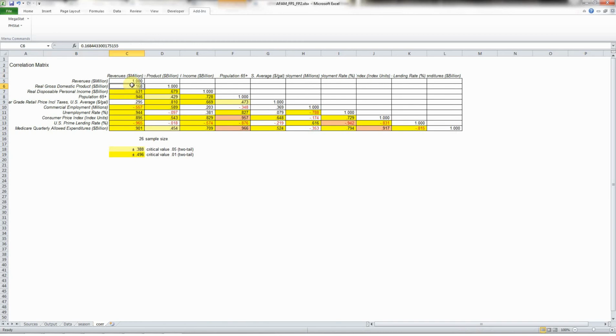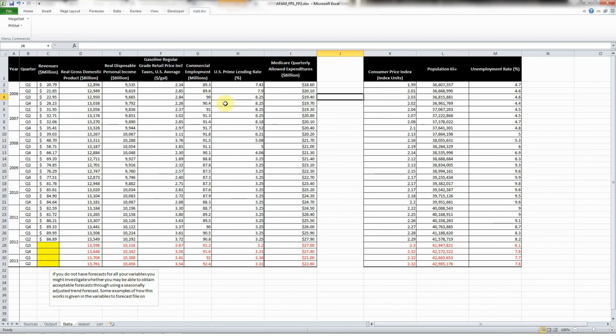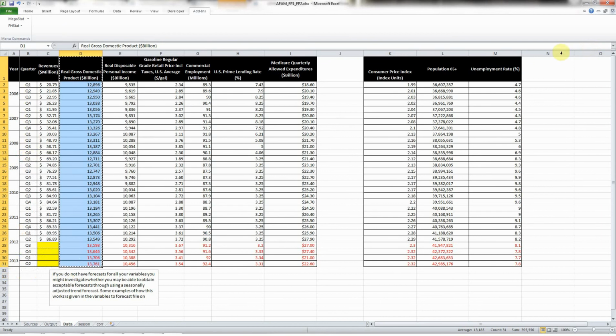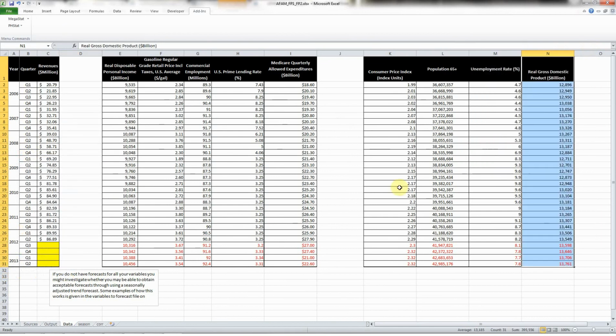because this is low, I'm going to just drop this one out because these ones are better candidates overall. And again, the VIFs were not that much different for all of these. So if I had a choice, this is probably the better choice. So it's not always going with the highest one, just to let you know. So going to data here, and I'm going to take out real gross domestic product. Okay, cut that, put that over here, and then I